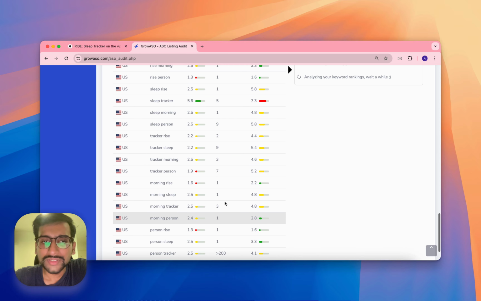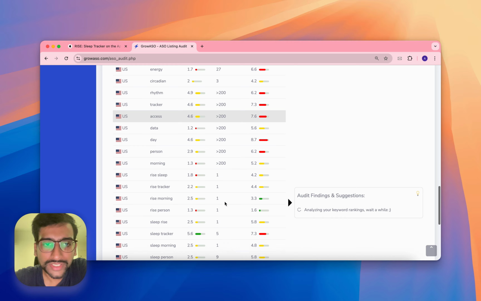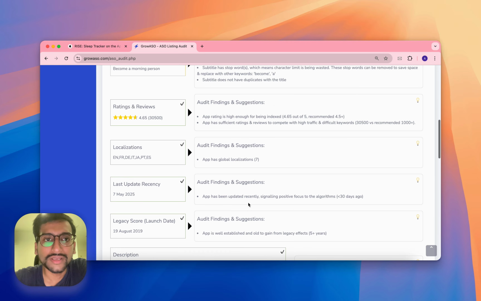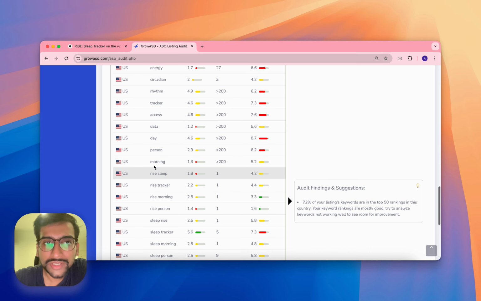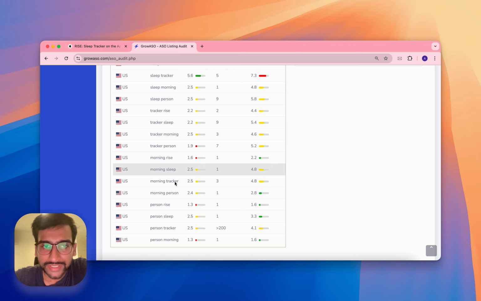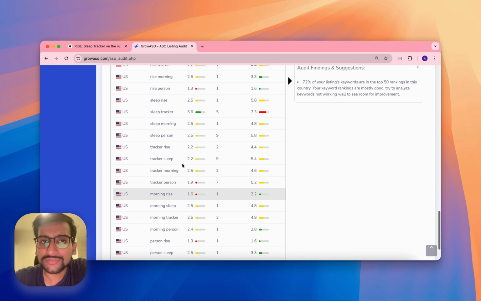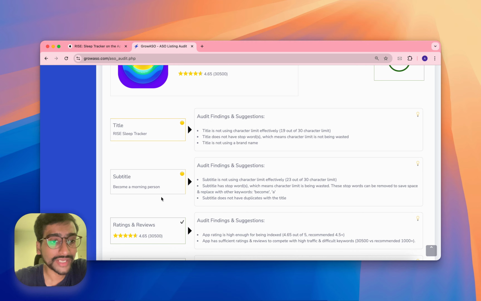So I think the interesting thing here is that there are a few keywords which I do think are relevant to them, but they are missing here. The way I look at it is, for instance, the word morning is fairly common in here, but morning only appears in the subtitle.